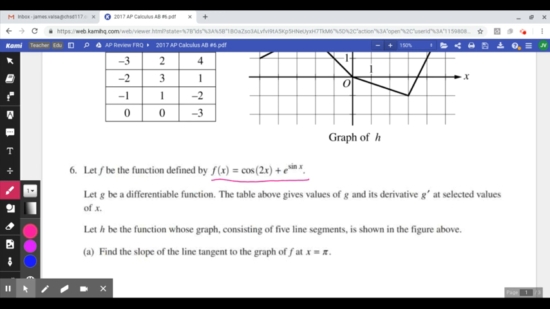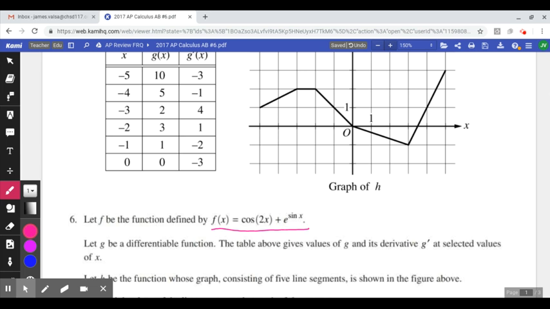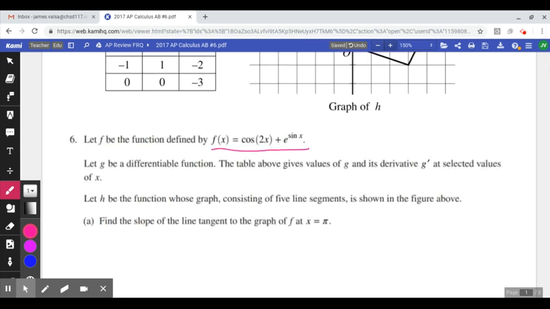here as cosine of 2x plus e to the sine of x. We're also told that g is a differentiable function, which is good. We've got the table up there. And h is the function above, whose graph consisting of five line segments is shown in the figure right here. Let's work with each part separately, and we'll work through each one and see if we can come up with